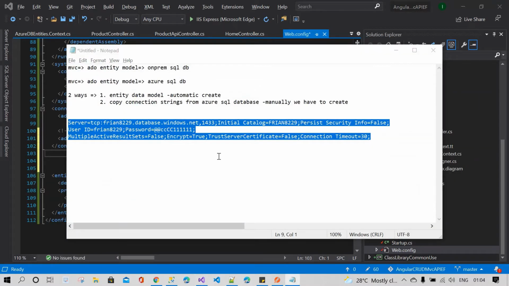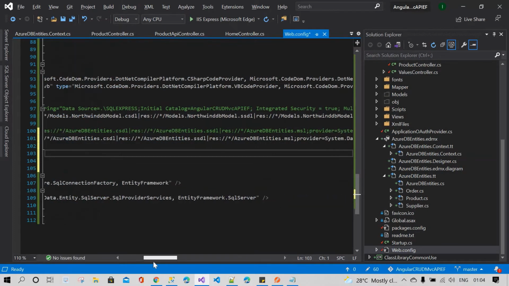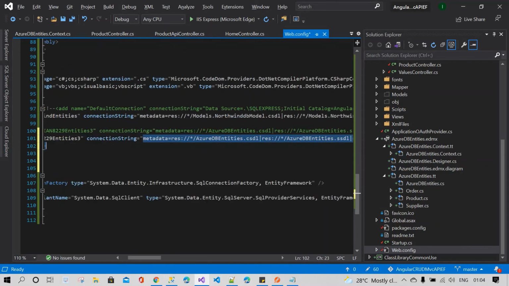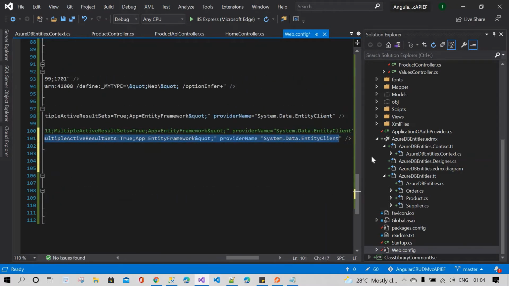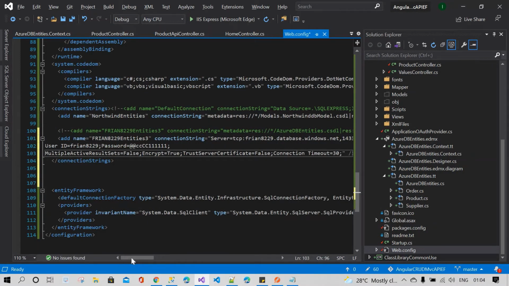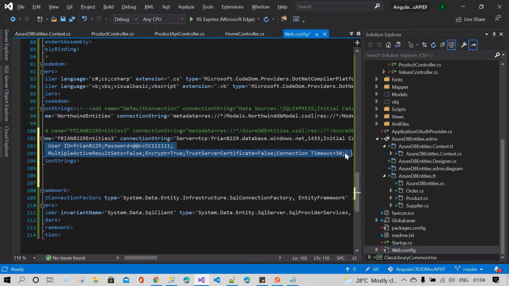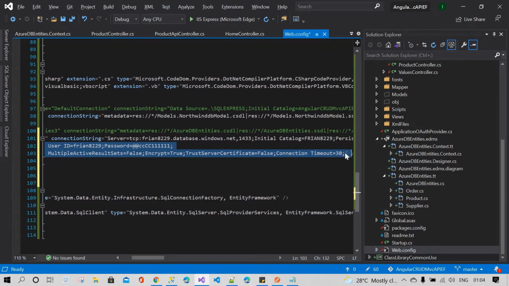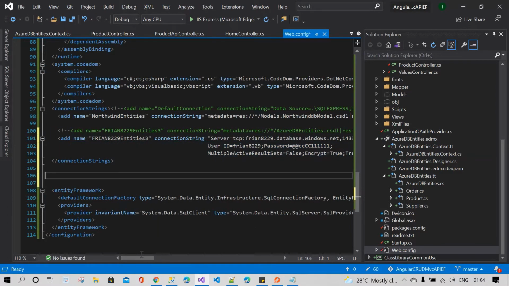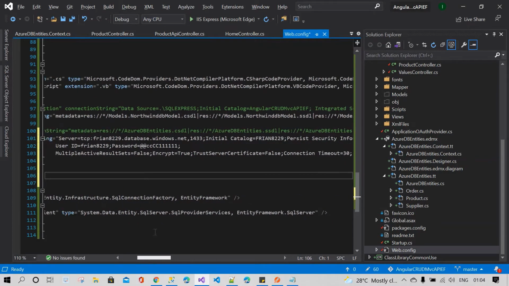Again come here, copy this and replace it within this. Control V. Okay, everything is perfect.